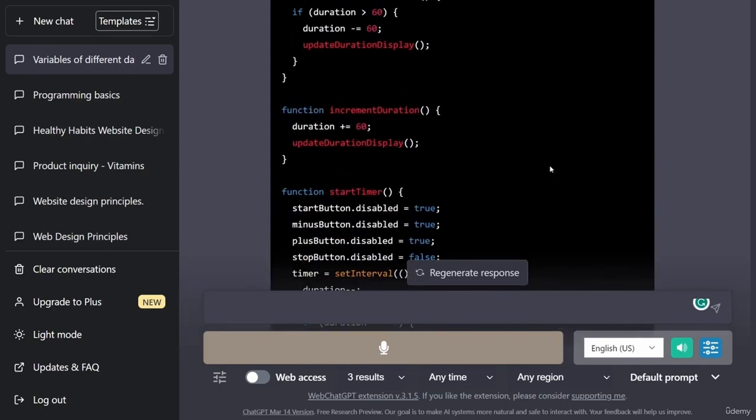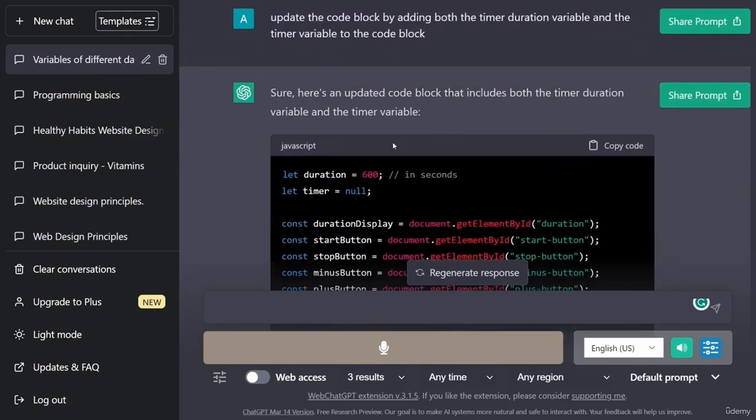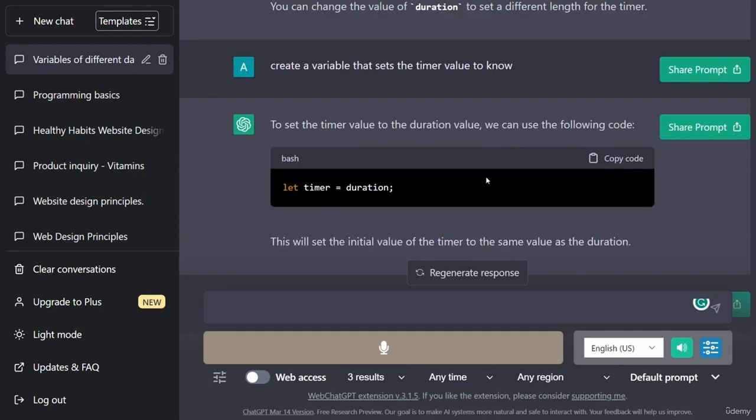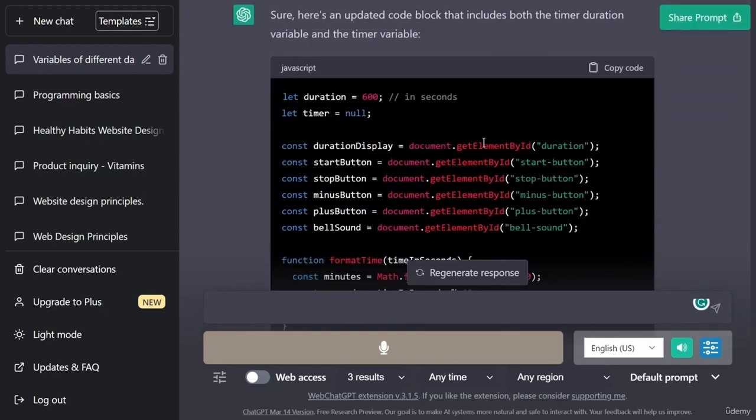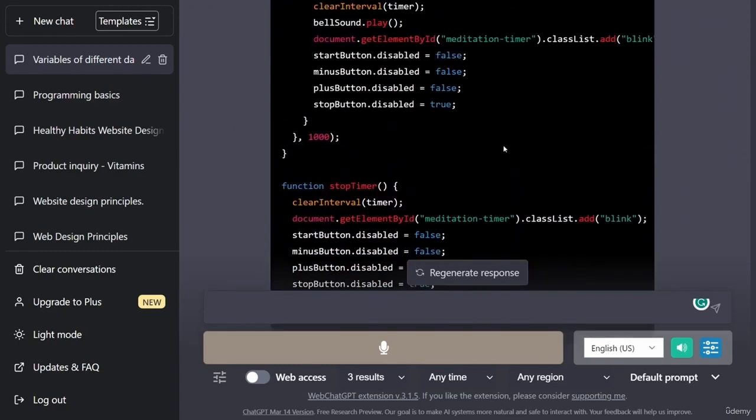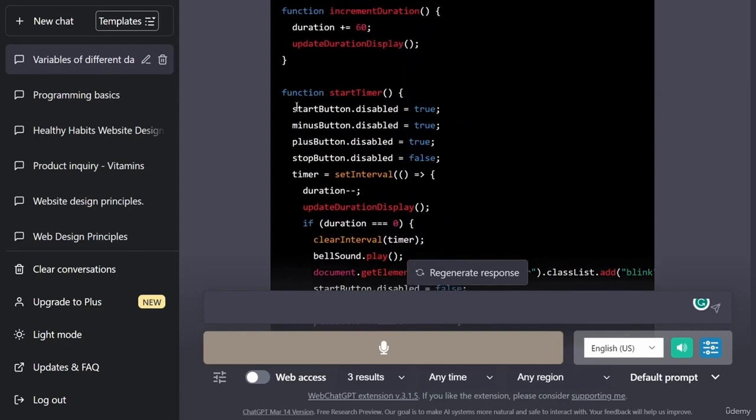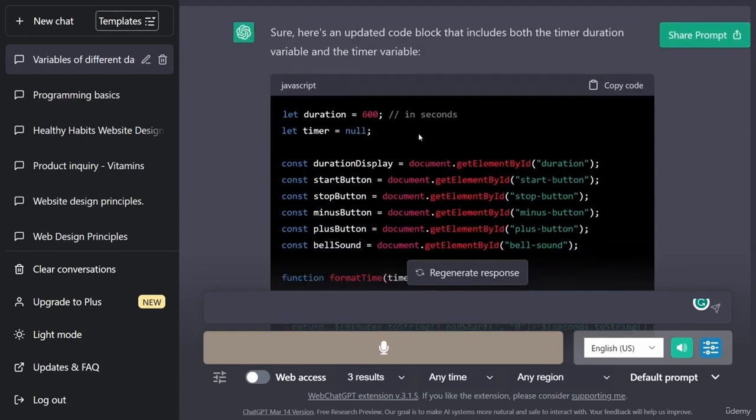So we're now going to copy this code. And again, in all actuality, once we have created the CSS and the HTML, ChatGPT does this for you. But again, it is very important that you have some basic knowledge of coding in order to use ChatGPT to create applications. So you do need to understand what's happening inside of the functions, just in case something does not work as planned. So we already have our HTML and our CSS, and at this point I'm just going to copy the JavaScript,